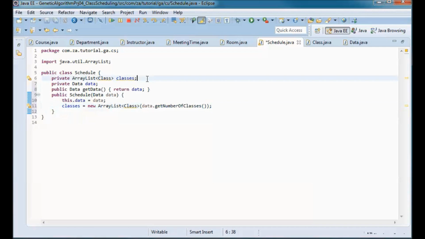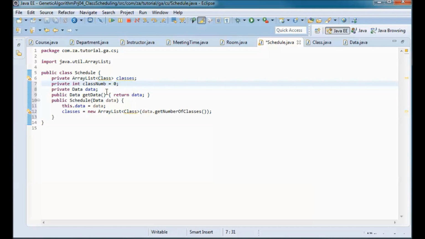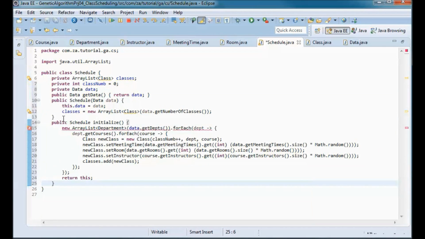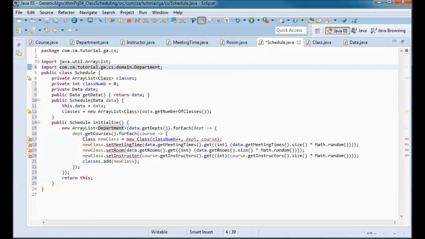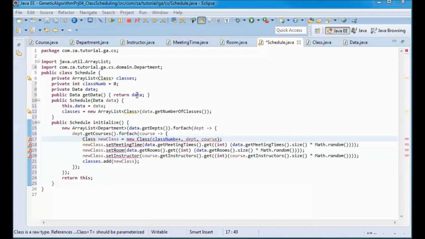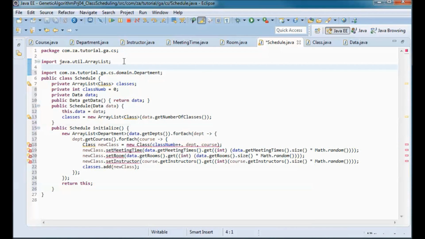And let me define a class number counter, and I will be using this instance variable in the initialize method. And let's add an import for department over here, and an import for class also.